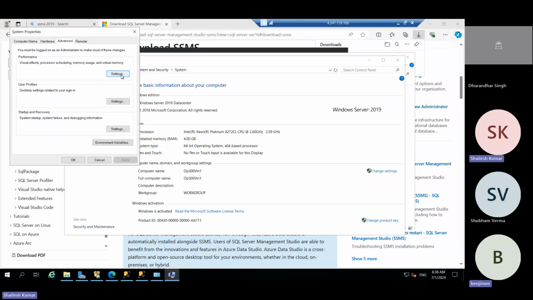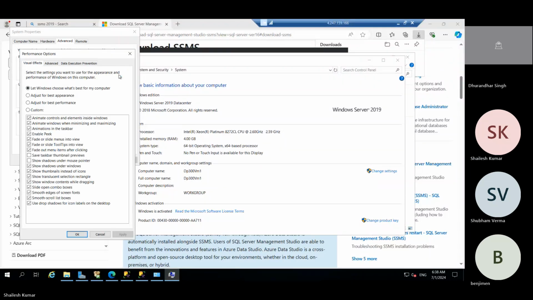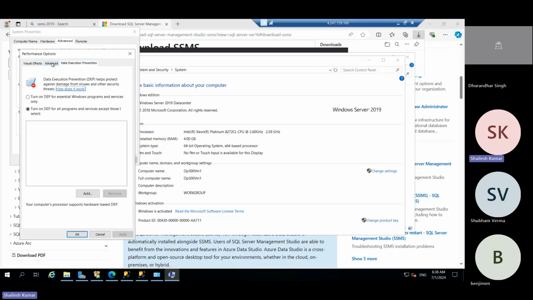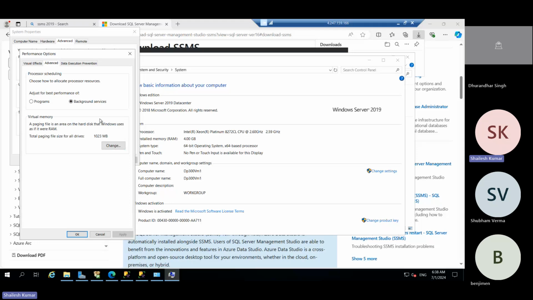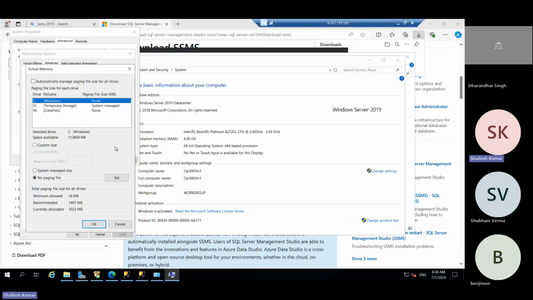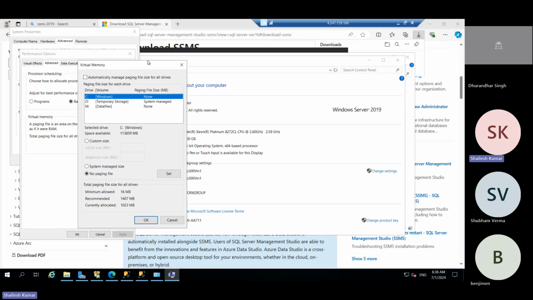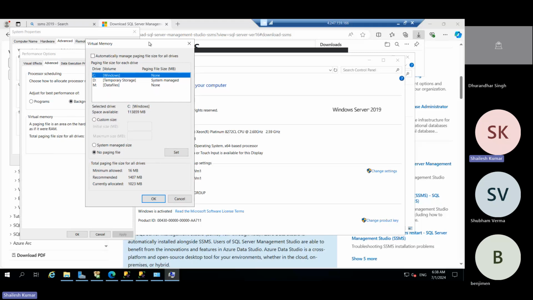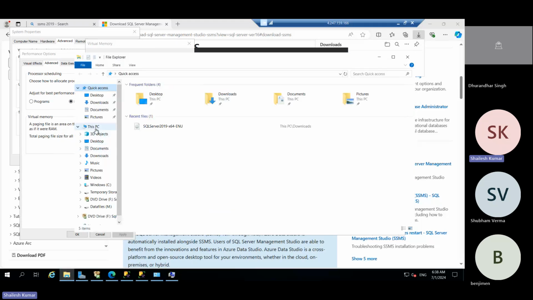Then we have the advanced setting here for virtual memory. We will set virtual memory here, because if you do not assign this, you will get low virtual memory for long queries. You can assign 1.4 times your physical memory in the server. We have, I think, 4 GB, and 3.6 GB is given to us.